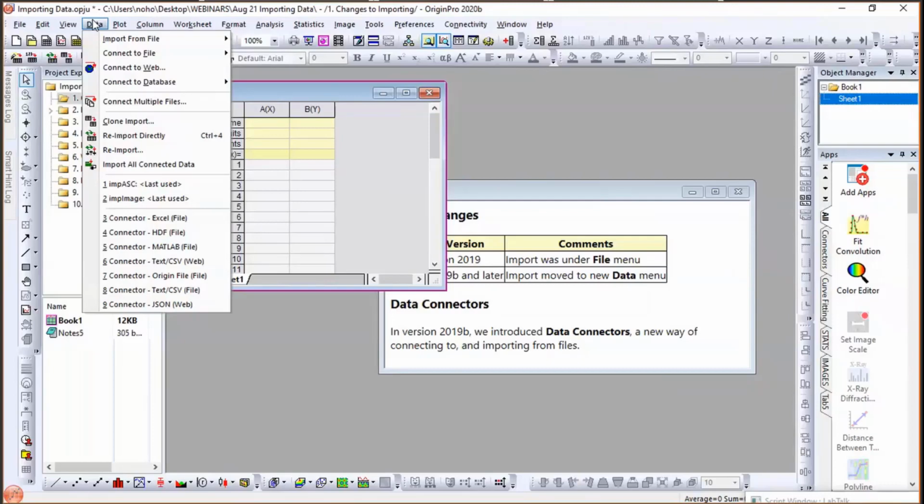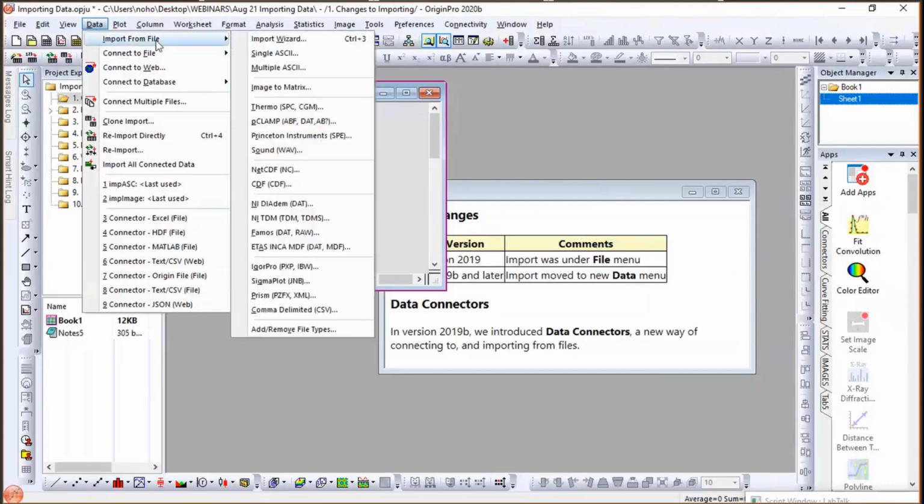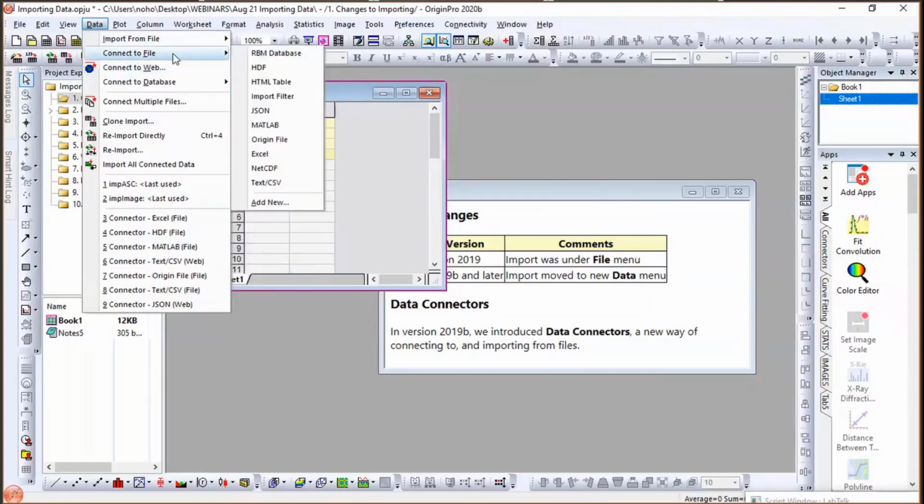Okay, so right here in the menu, there is import from file, which is all the older import routines. They are still there. We have not removed them. Just that we may not go back and make any improvements to them. We will continue to improve our connect to file feature, and connect to file is essentially the data connector that